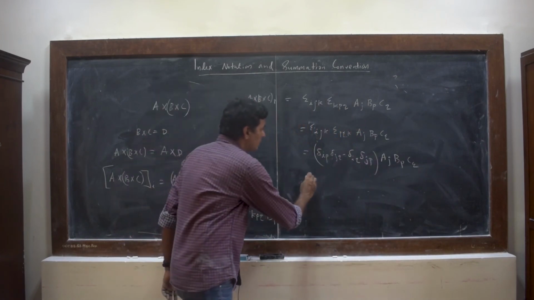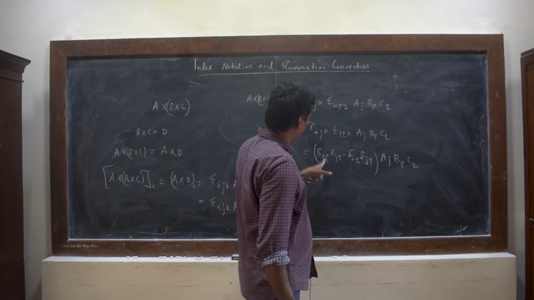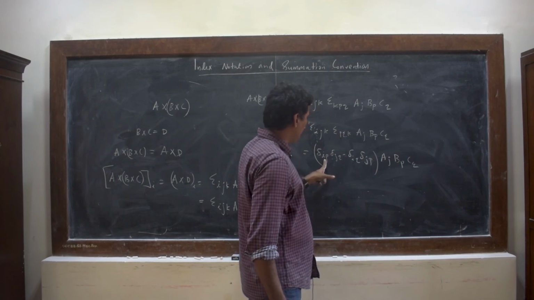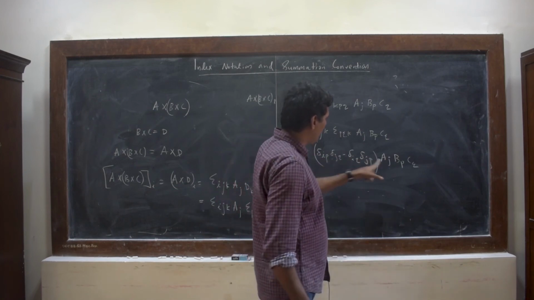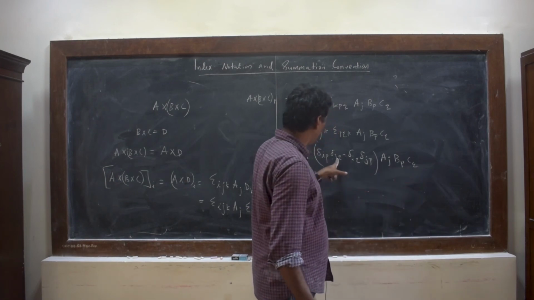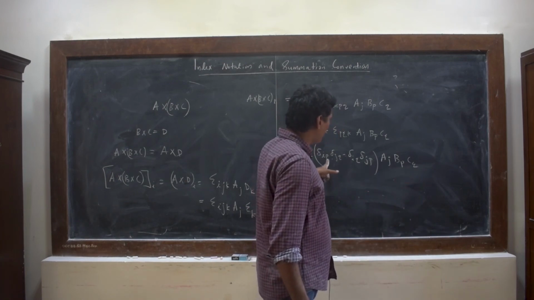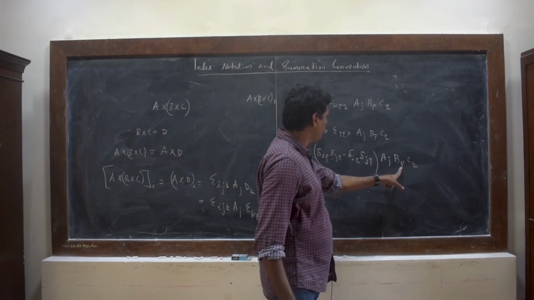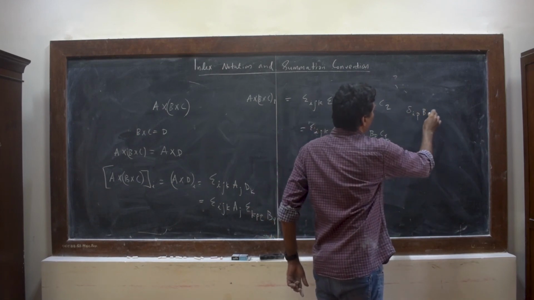Okay. So the first term will be delta ip delta jq into Aj Bp Cq, and you can see that if I multiply delta ip into Bp,